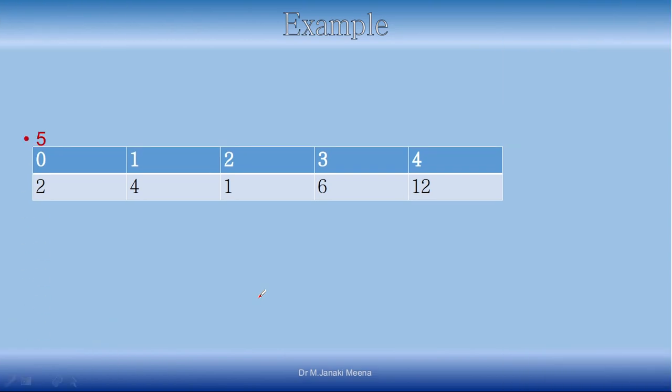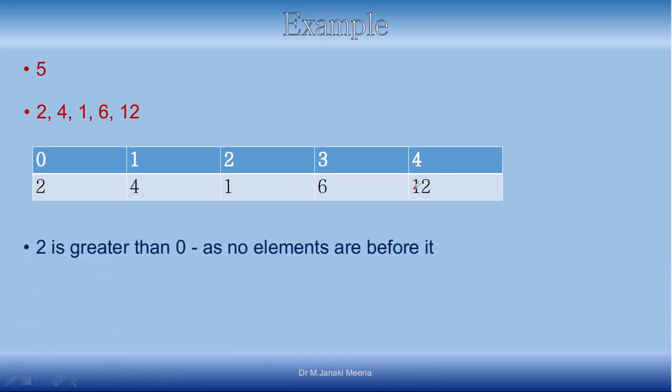Now we will consider an example where there are 5 elements, and they are 2, 4, 1, 6, 12. When I store it in a list, which we have already discussed in theory, which in Python can help you to store a sequence of elements, let us use list. We know that by default the index is from 0 and will go up to n minus 1. Totally here there are 5 elements, so the list index goes from 0 to 4 and the elements are stored like this.